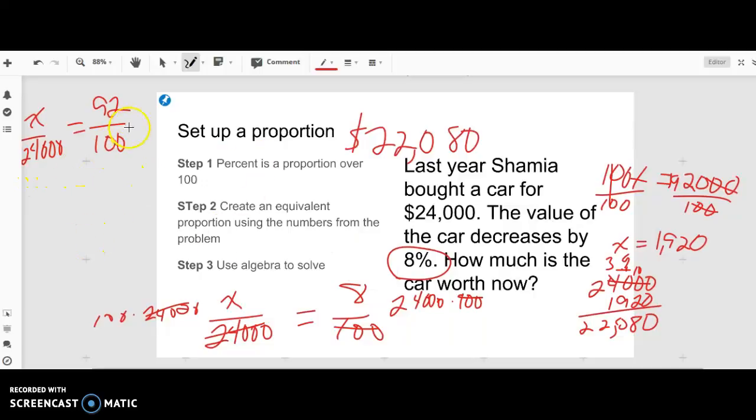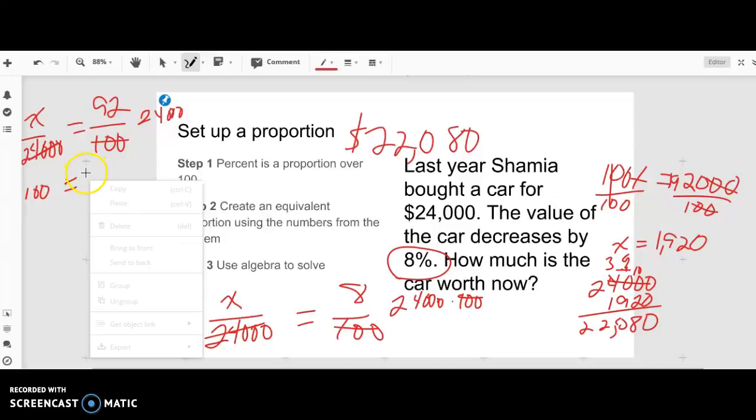Multiply by 24,000 on this side, it cancels out on that side, multiply by 100 on both sides. Let me check the calculator real quick. I shouldn't have had to check the calculator, but 92 times 24,000 is